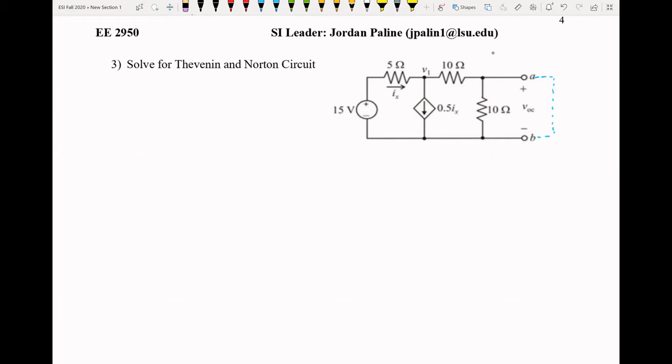Okay, but let's take a look at what we have. In order to solve for these values for VThev and RThev, we're going to do it in a different order. Now we're going to have to solve for VThevenin first. So to find VThevenin,